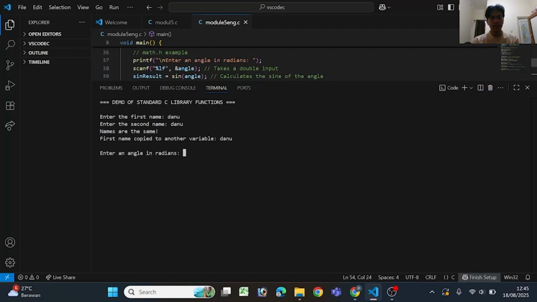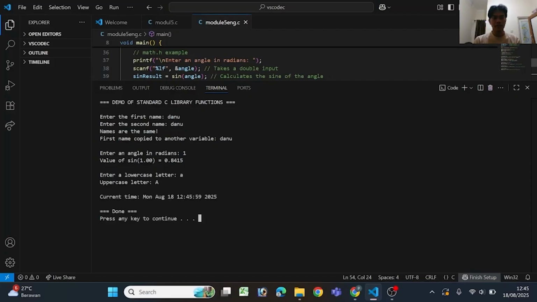Next, enter an angle in radians, for example 1, and the value of sine of 1 is 0.8415. Next, enter a lowercase letter, for example a, and the output is the uppercase letter A.